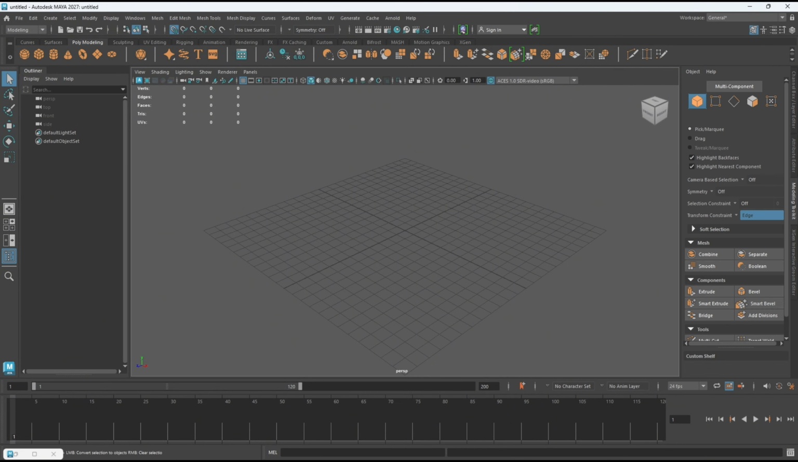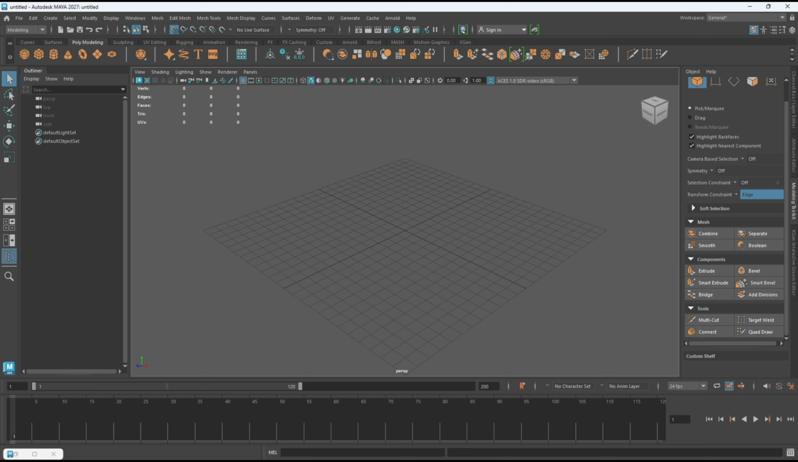There are a lot of options you can use, like object selection, vertex selection, and others here, like combine, formats, components and tools. So how about I close this tab: you can right click in the Modeling Toolkit and then click close